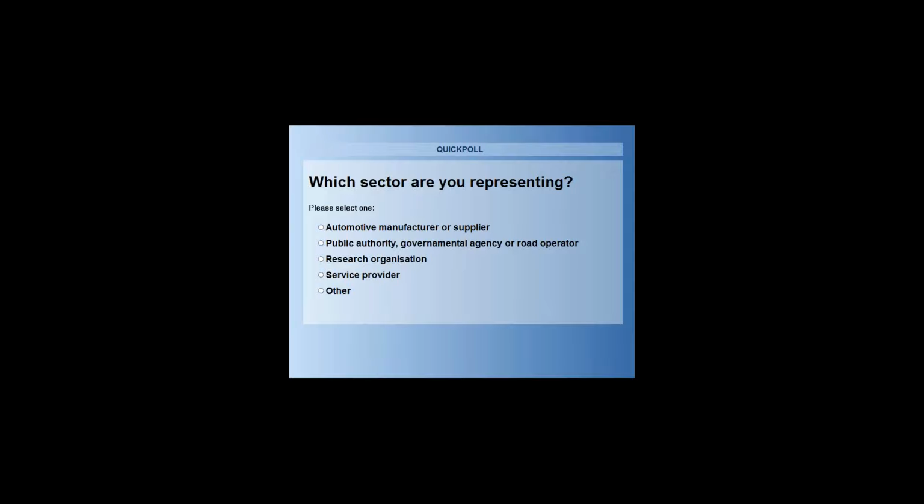We have about 77% of votes, so we can close as soon as we are at 80. So 91% of votes, and what are the statistics? Pretty well spread: 19% automotive industry, 25% public authorities, 31% research organizations, 6% service providers, and others 19%. So with this, I give the floor to Bastian Cross.